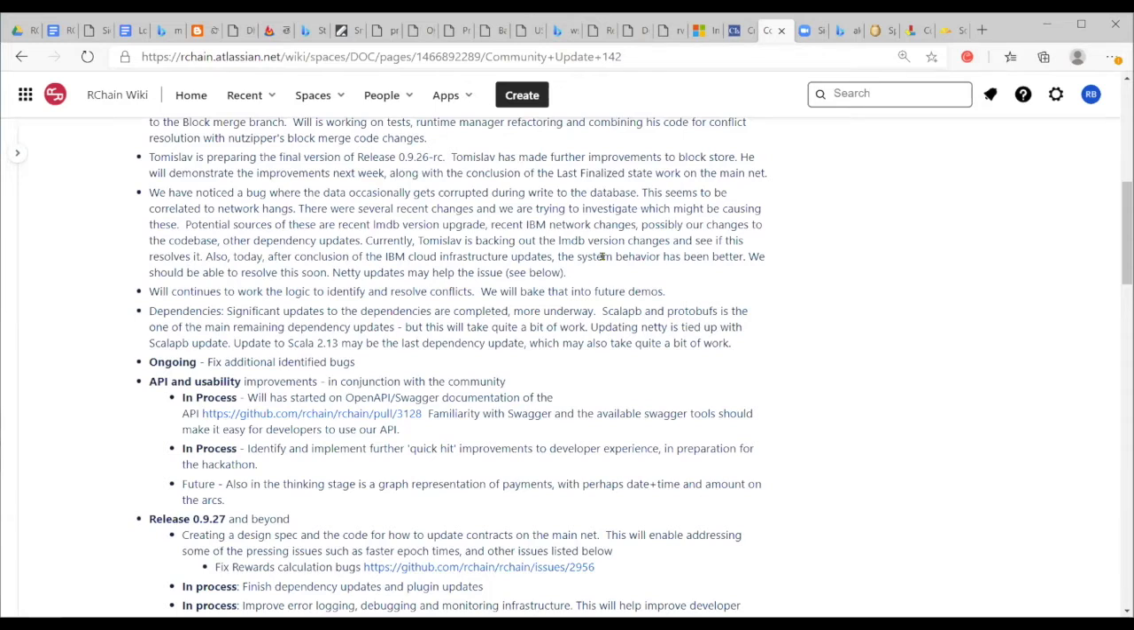So that's where we are. On the dependencies, like I said last week, we had some significant dependencies completed. Where we are now is we're quite behind on the NetE update, but we cannot update NetE. And that NetE update basically deals with these issues of network hangs, making sure that the network communication and handshake at the application level is